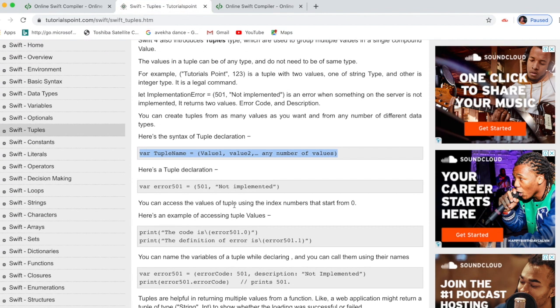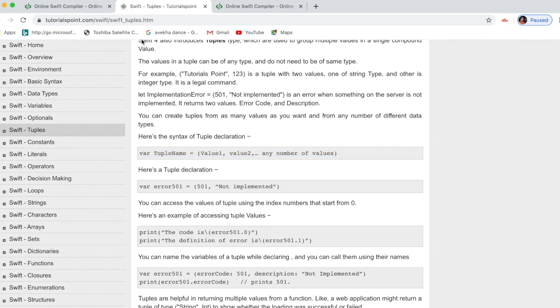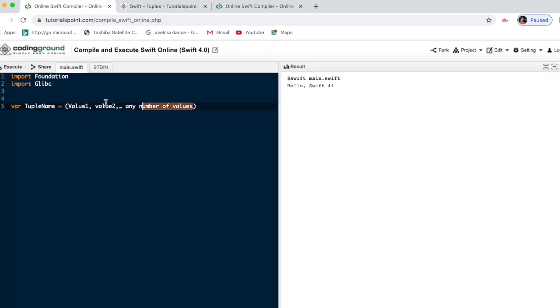For example, if I need to save some values like 1 comma 2 comma 3, let's see, print the variables and execute it. See, this is the way.